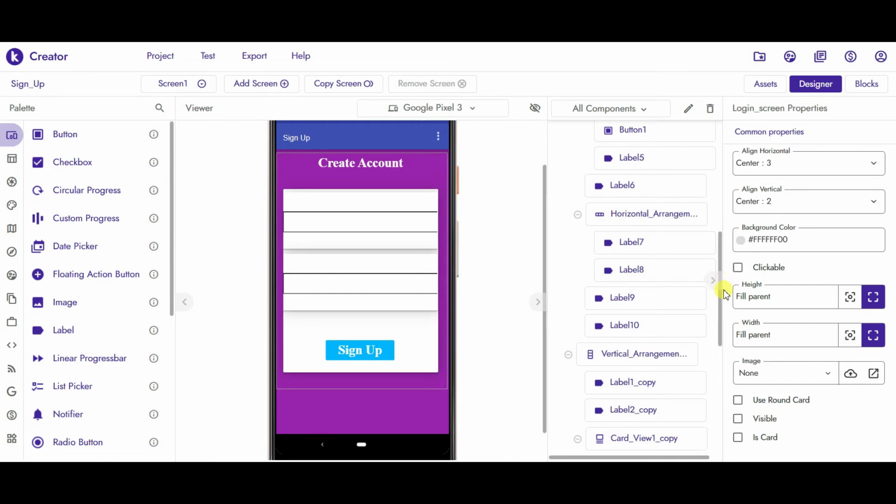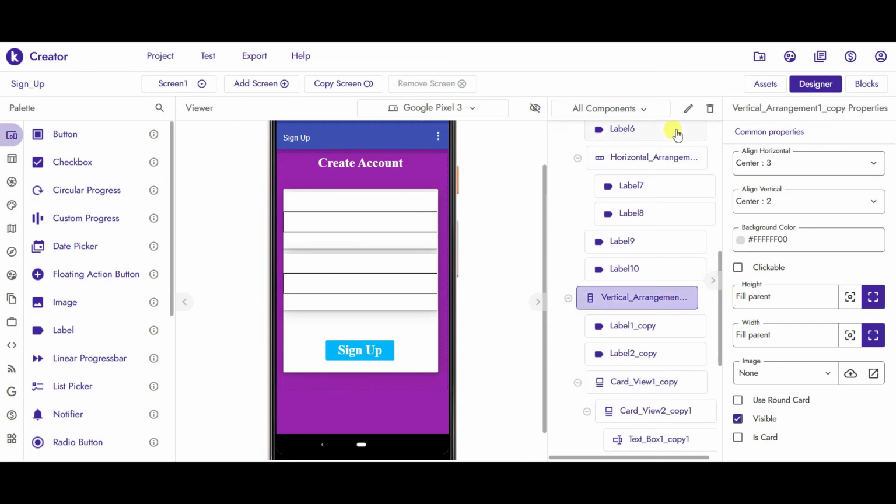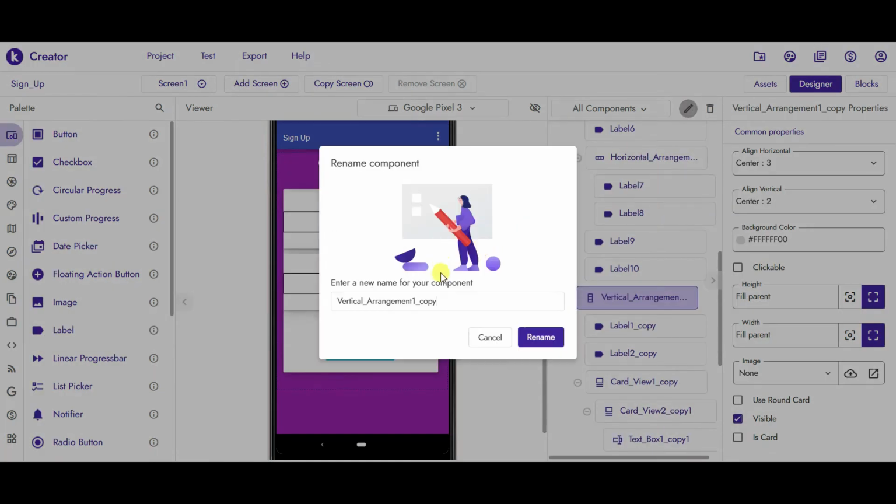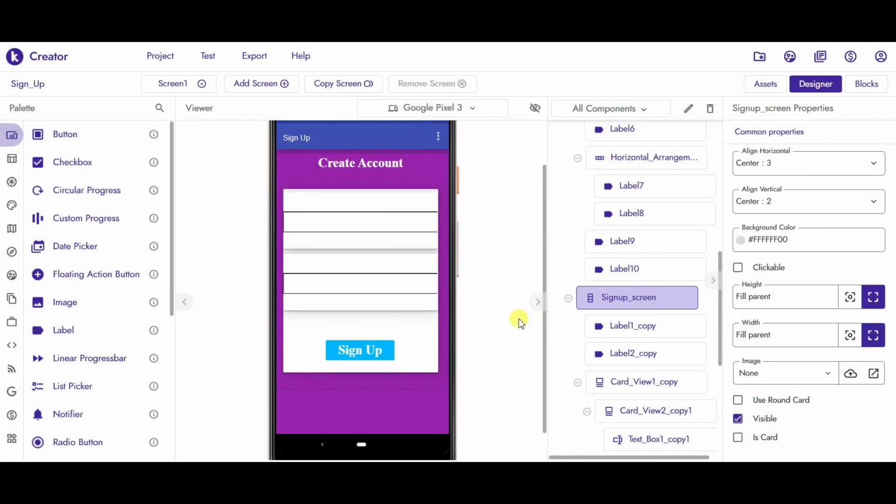And the second vertical arrangement which we had taken, just rename it to sign up screen and click on rename.